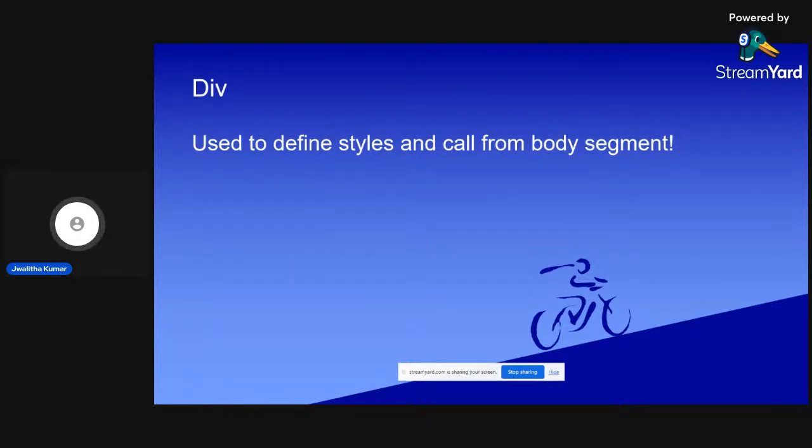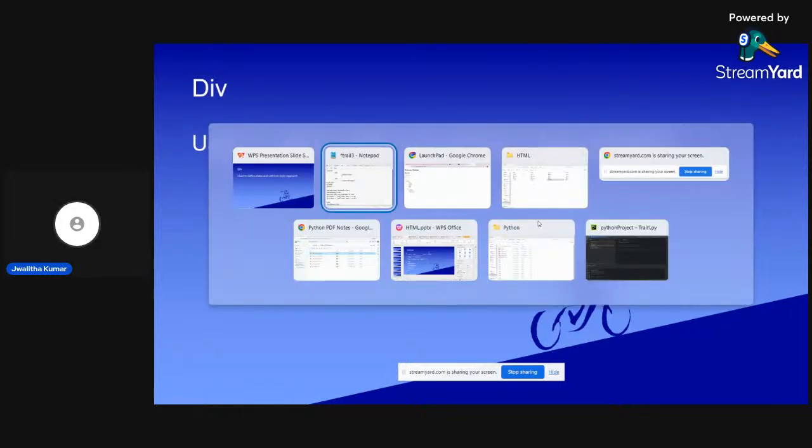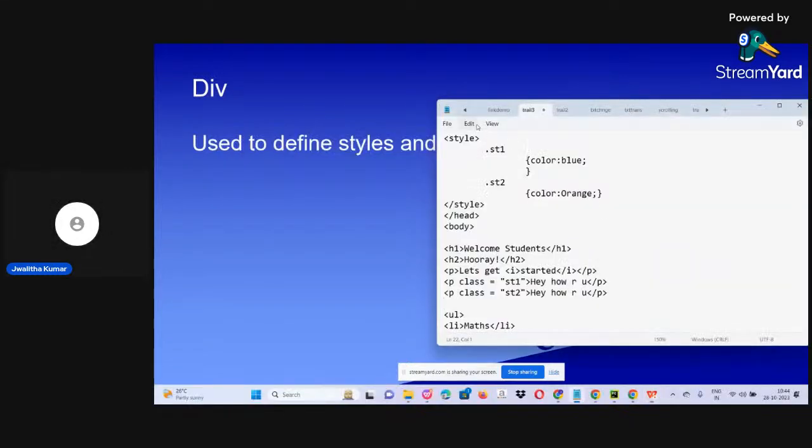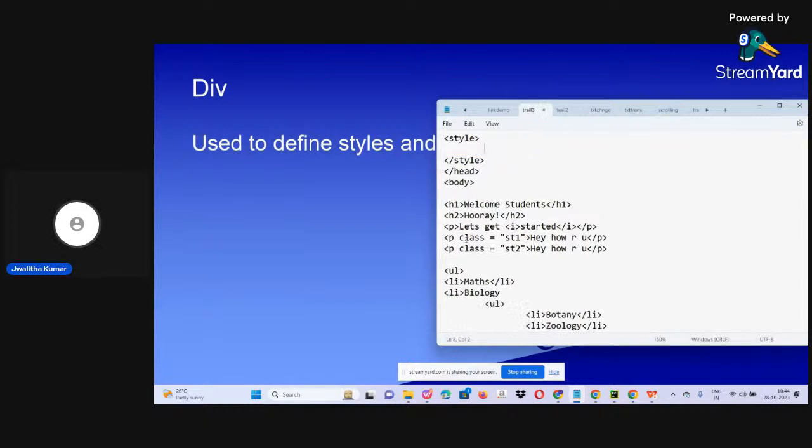Okay, so how you can incorporate this is, instead of using a class inside that, you can just use a div tag. Okay, so how to incorporate div tags, that I'll tell you. Let us take this itself, and instead of using style classes,